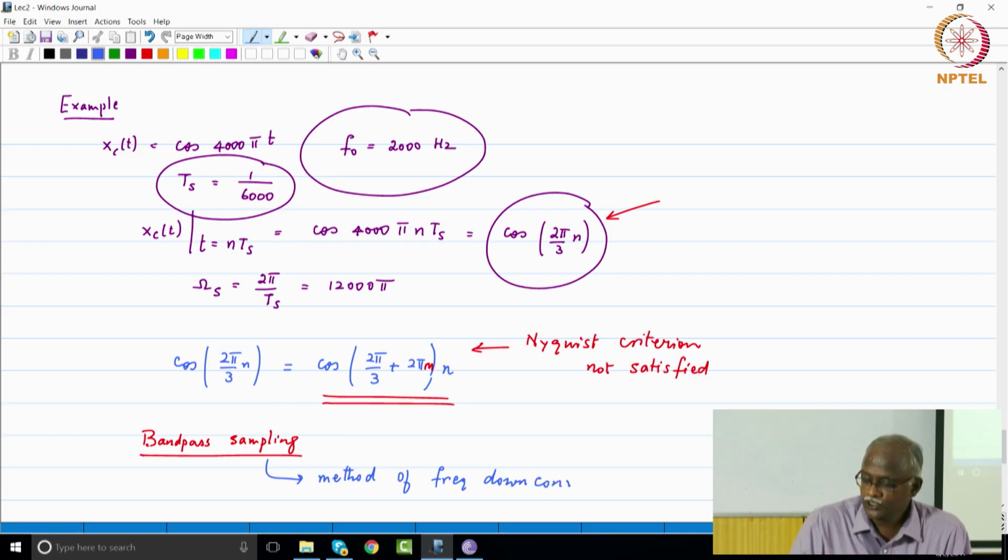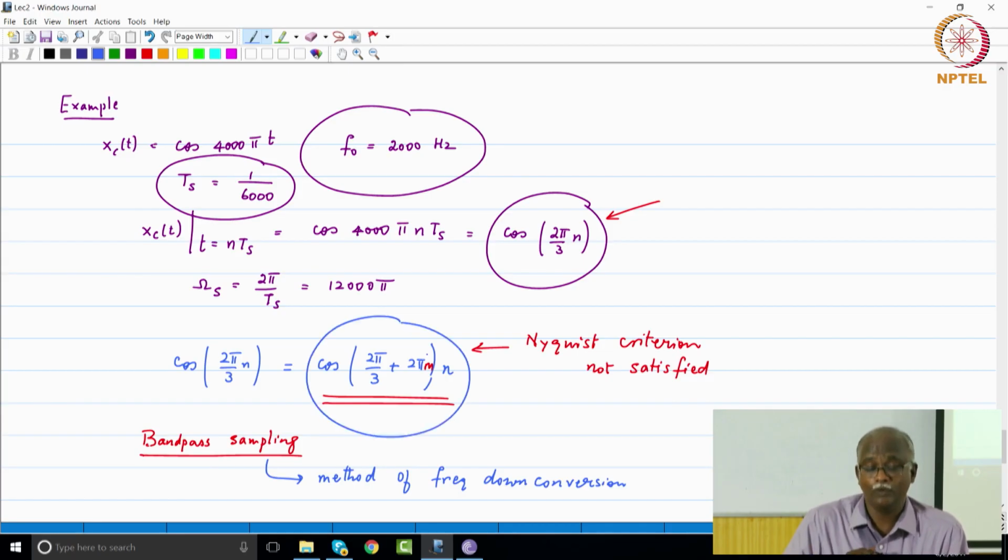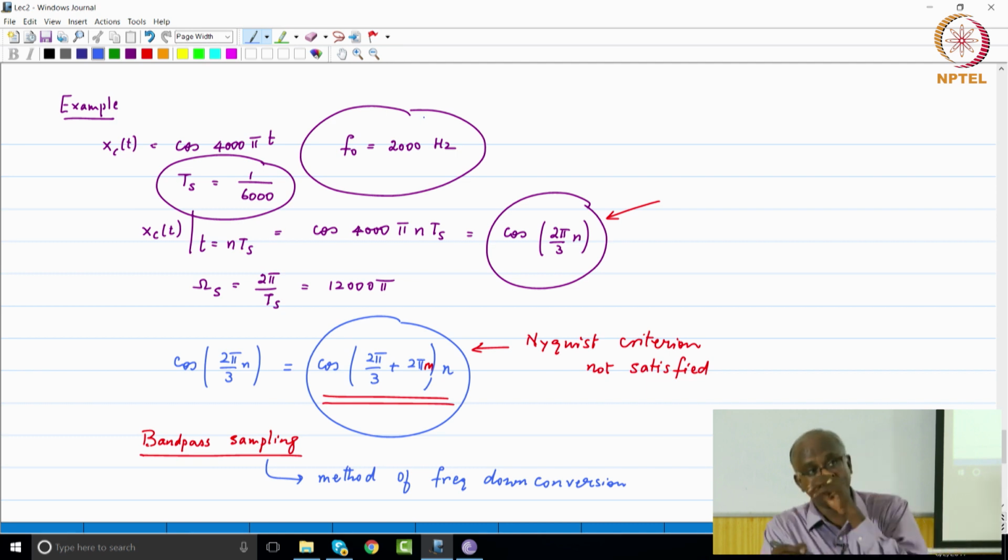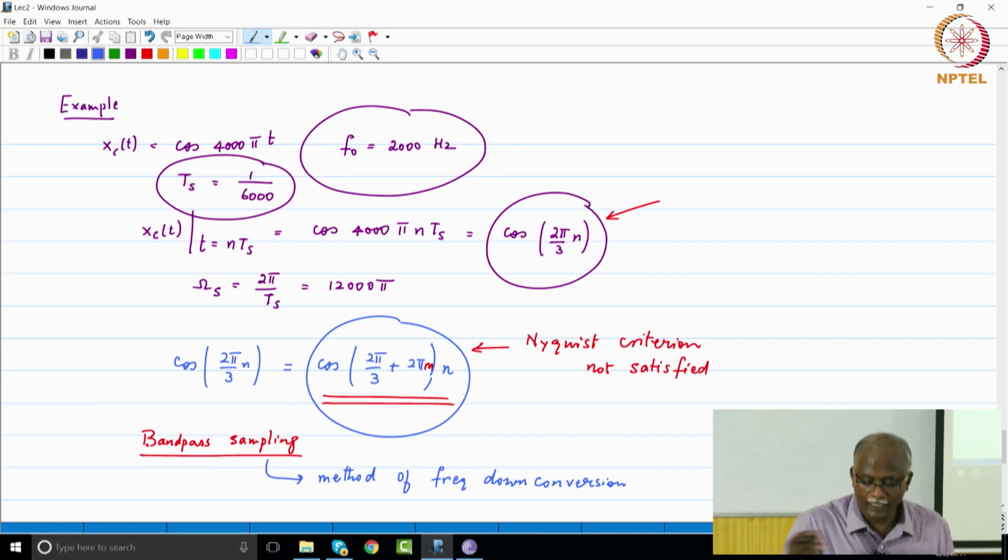Because once you sample it, for example, if this was the original signal, you sampled it at 6000 hertz and then reconstructed it, you would basically get a sinusoid at 2000 hertz. It may have been a sinusoid at a much higher frequency. Again, this is an example with just a tone, but what we would like to demonstrate and build upon is the ability to work with